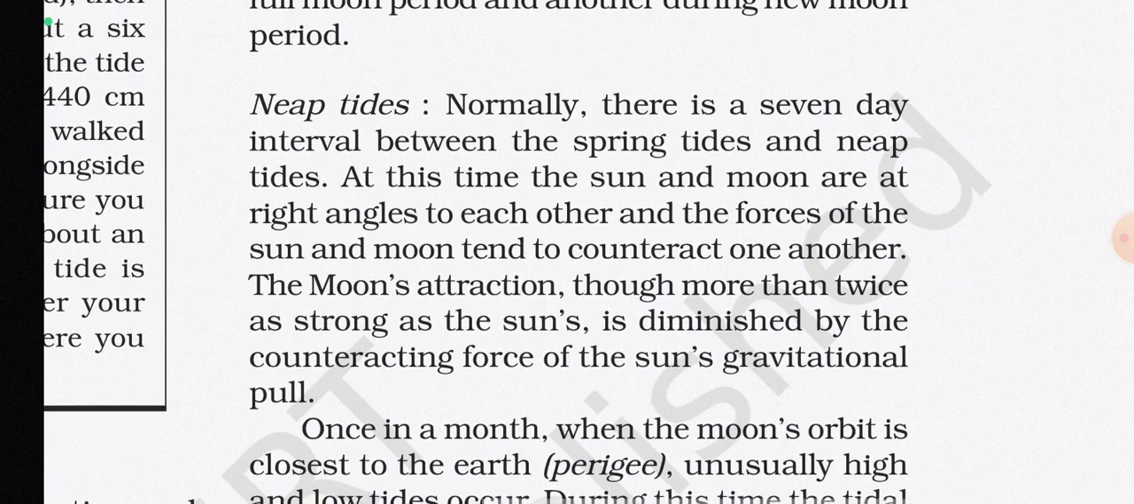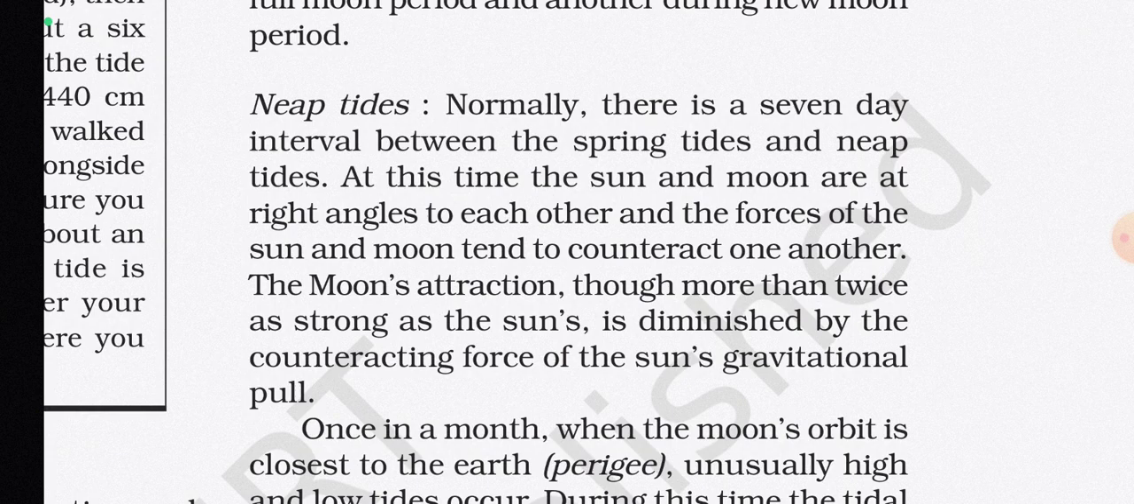Now neap tides: normally there is a 7-day interval between the spring tides and neap tides. At this time the sun and moon are at right angles to each other and the forces of the sun and moon counteract one another. The moon's attraction, though more than twice as strong as the sun's, is diminished by the countering force of the